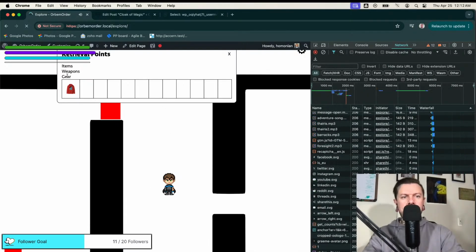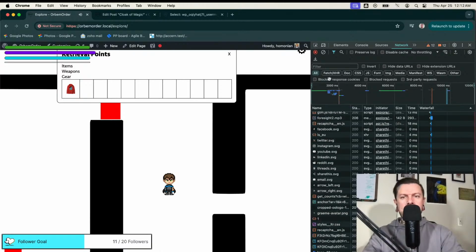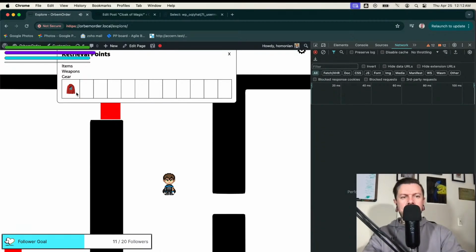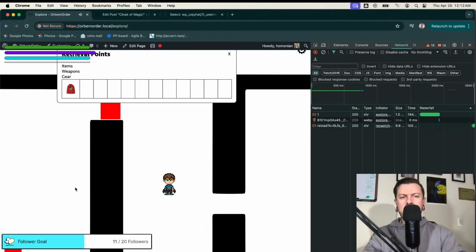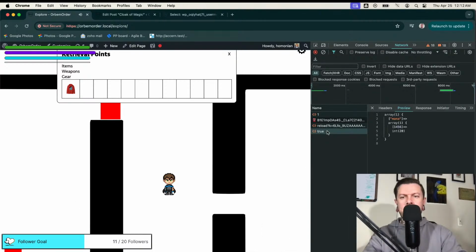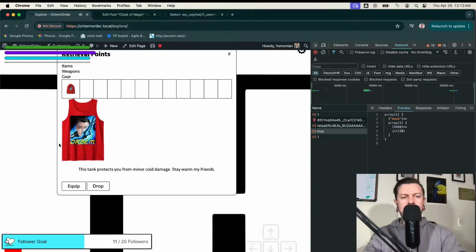And we'll jump into here. And we'll clear this. And we'll jump into here. And now we will unequip. True. Yeah, there we go. Now it's outputting properly. So technically you want to do this, it should work. Yep. It's unequipped now.